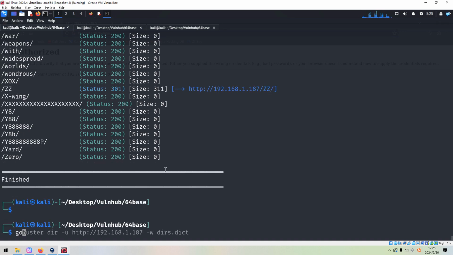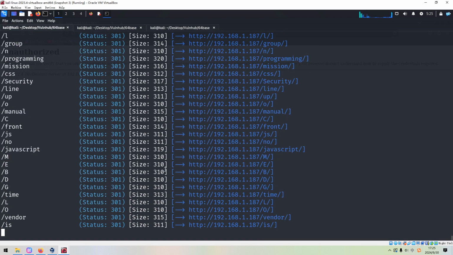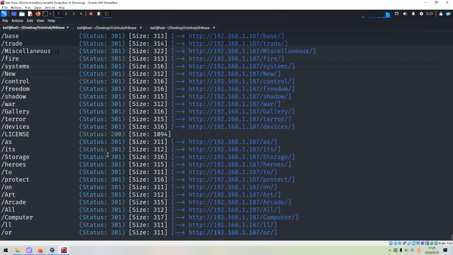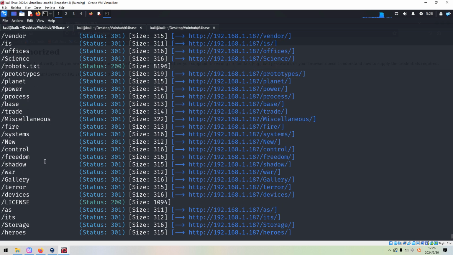We didn't do the directory enumeration with the normal word list, right? So this is what I'm going to do now. Share word list, GoBuster directory, extension option, press enter. A lot of output, right? However, the status code of almost every directory or every response is 301. So I think this is the wrong direction.